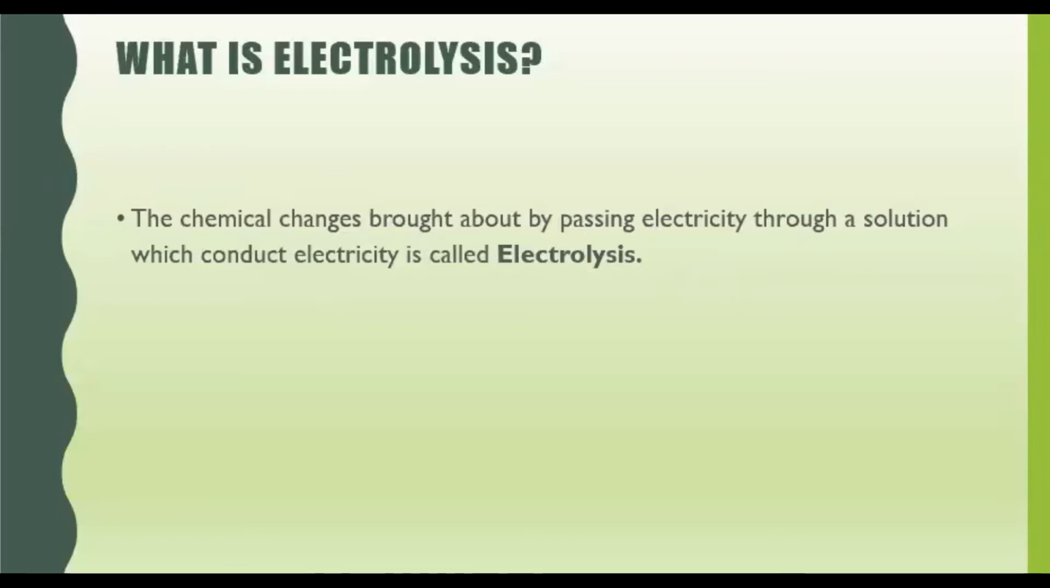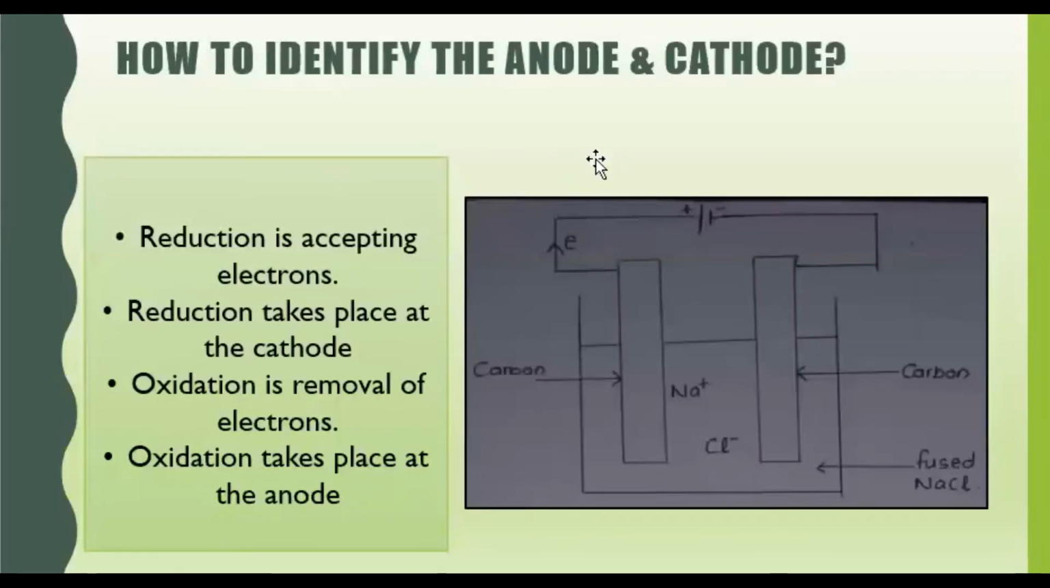Let's see an example. In this lesson, children, first, just like in electrochemical cells, you should be able to identify the anode and the cathode. How can we identify this anode and the cathode? I will teach you step by step. First, what you have to do is you have to identify what is the positive electrode and what is the